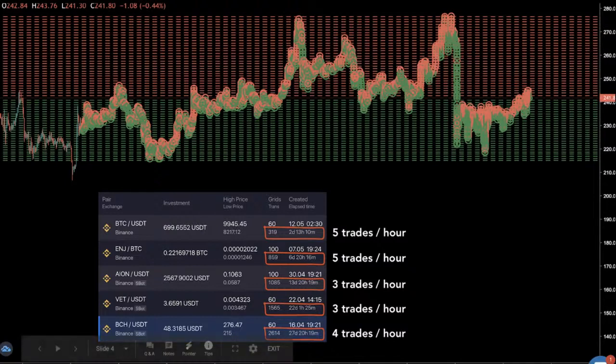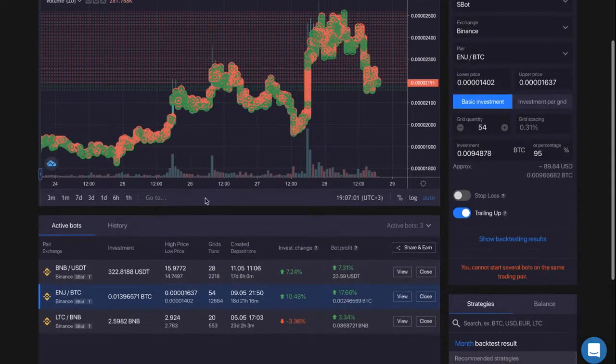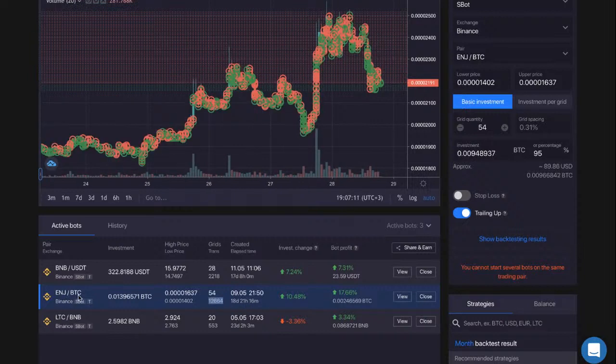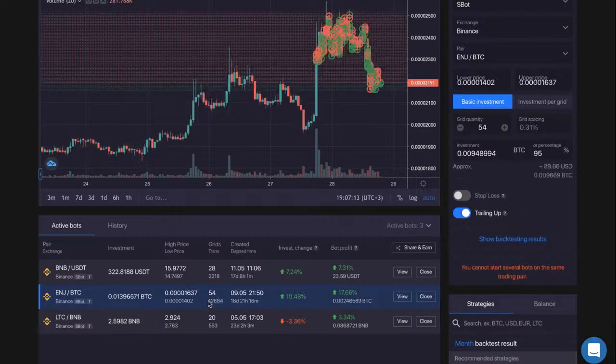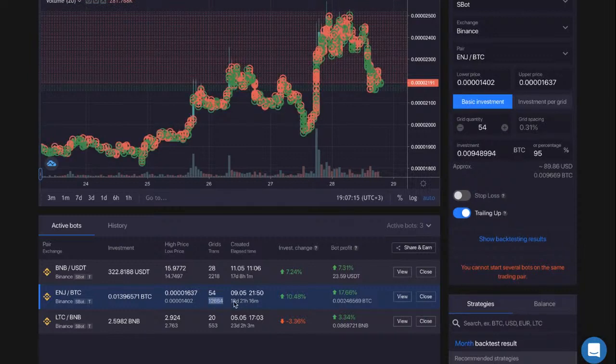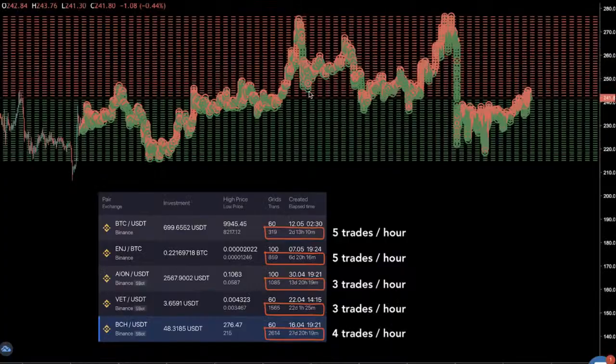but that's not the highest amount of trades that you can see in our automated trading. There are actually some trades. For instance, I can show you right now. I have in total 12,000 trades only within the period of 18 days for NG trading to BTC. So ask yourself, can you make 12,000 trades within this period of time? I doubt so. So the idea is that the bot is buying low and selling high,